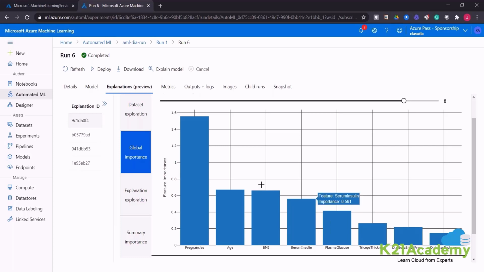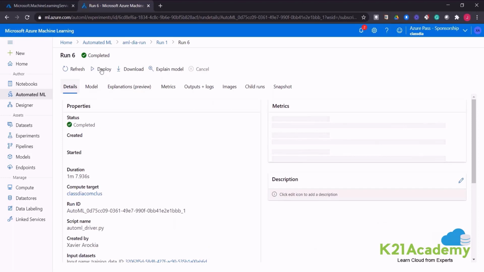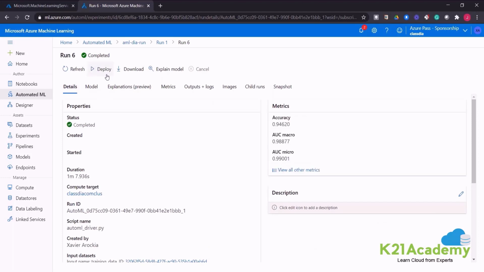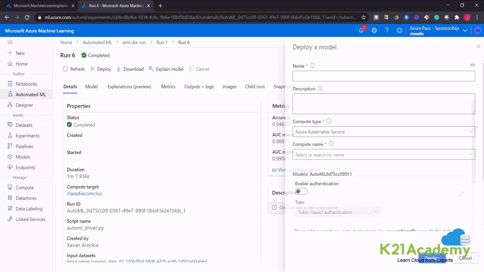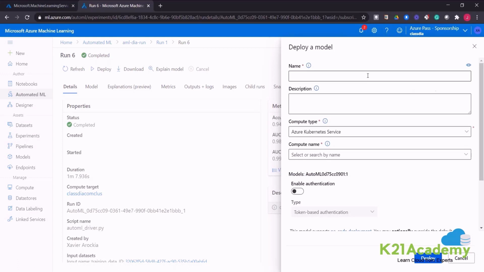All right. So again, I'll be able to review the best model. I'll also be able to explain what is happening and so on. Now that this is done, the last thing I'm going to do is deploy the predictive model. So I'm going to go to the details and I'm going to click deploy at the top, because I have already seen what is the best one and what is the explanation, all the details. Now I'm satisfied. I'm going to deploy the